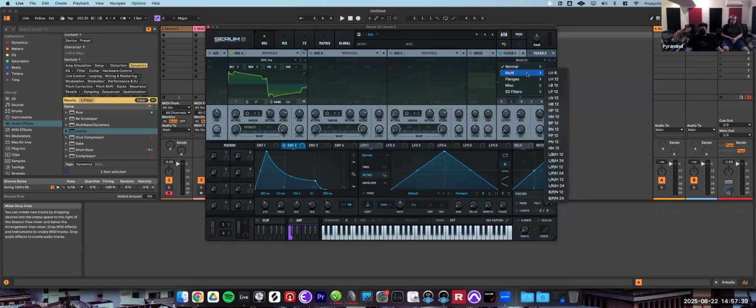There's also a whole series of multiple filters where you get a low pass and a high pass at the same time. Or say a band pass and a notch. Or maybe a band of peaks, sorry, and then you get two peaks at the same time. Or three filters at the same time, like a low notch and a high pass filter, right? So if we choose say